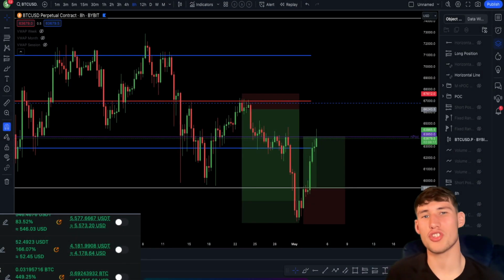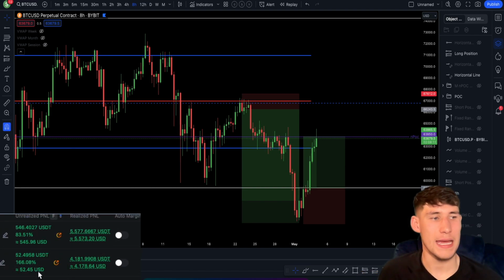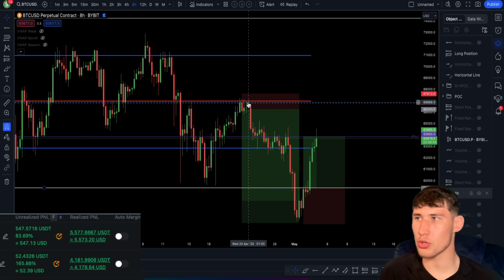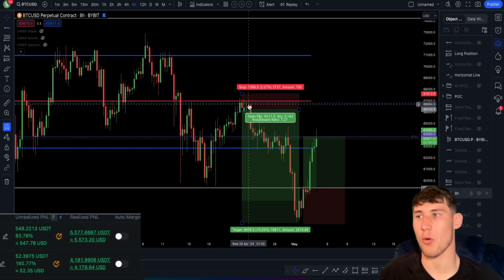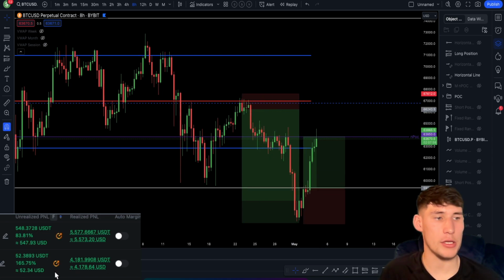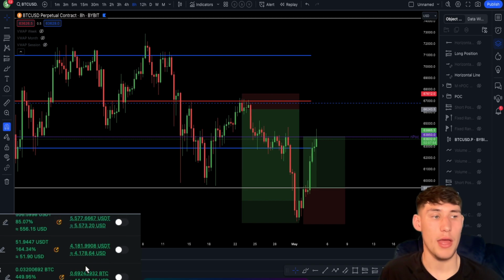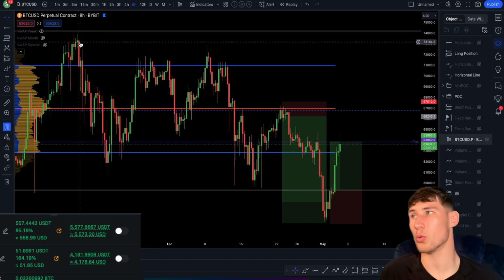Jumping straight into the charts then, as we can see, I am both long and short on the price of Bitcoin. As you can see, the trades are down here. We do have a short trade open here, and I have taken a lot of profit off of it. This short trade was from up here, where we shorted this POC right here. I also have another short trade open here, which I have taken a lot of profit off of as well. That was the short that I entered all the way back here at all-time high.